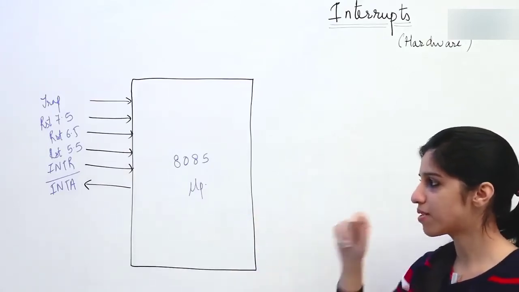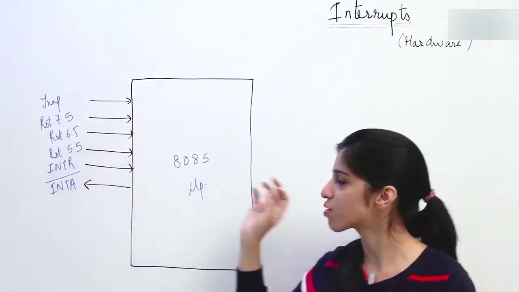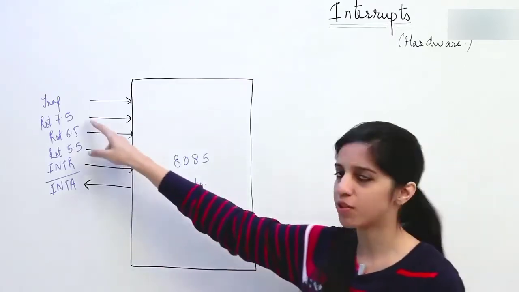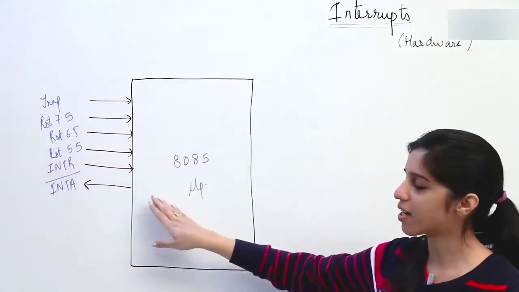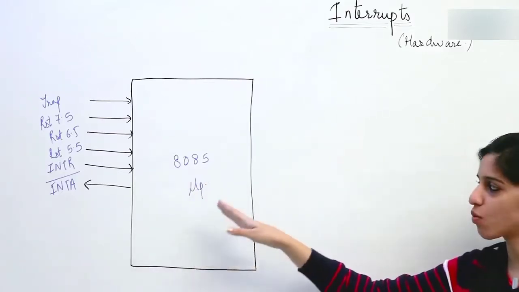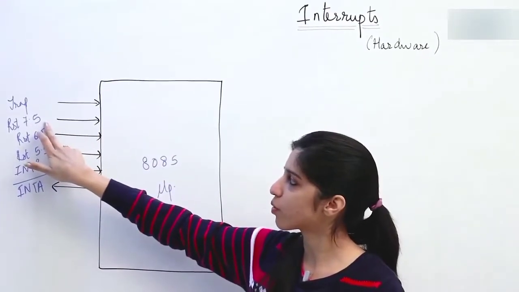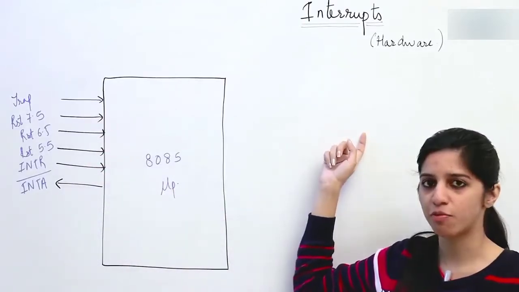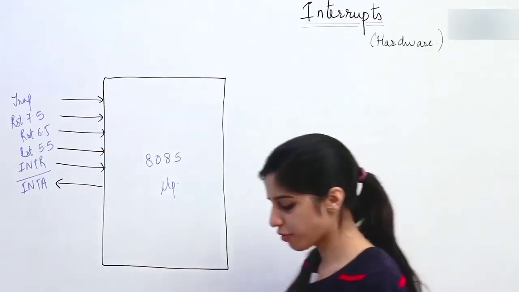What happens when an interrupt is raised? Each interrupt has a routine, an interrupt service routine, which is saved in memory. It is like a program only. Whenever you raise an interrupt, that is, whenever you make any of these pins 1, the microprocessor is going to finish the currently executing instruction. After the instruction is executed, suppose you raise RST 7.5, this is going to take the program to a particular location. The microprocessor will start at that particular memory location and the program stored there is going to be executed. So these are the 5 interrupts.